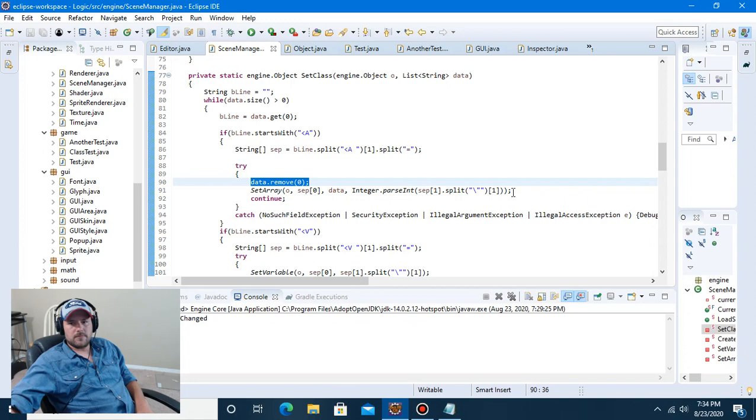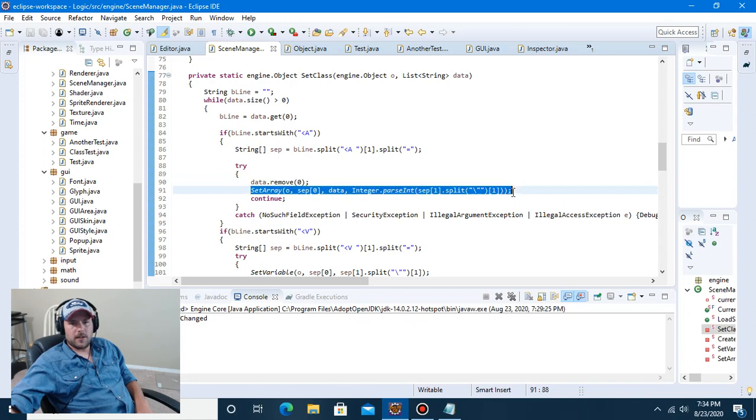I set the array, and you don't have to do any of this because, like I just said, this is outside of the scope of the tutorial. But I'm just going to go ahead and show the code that I have so far, because I actually removed some of the editor code that I was working on